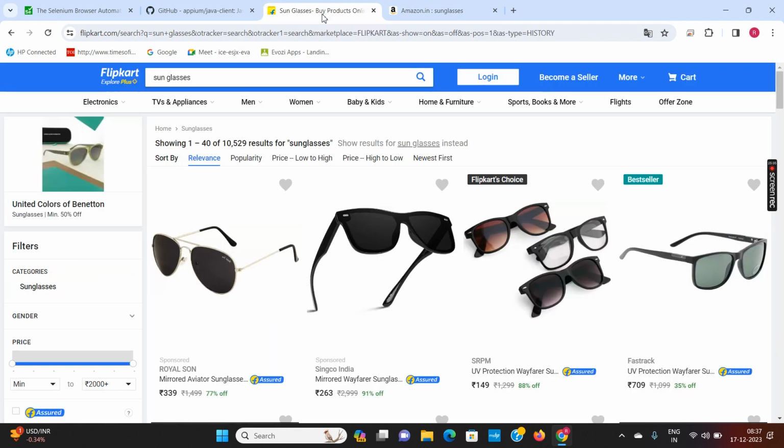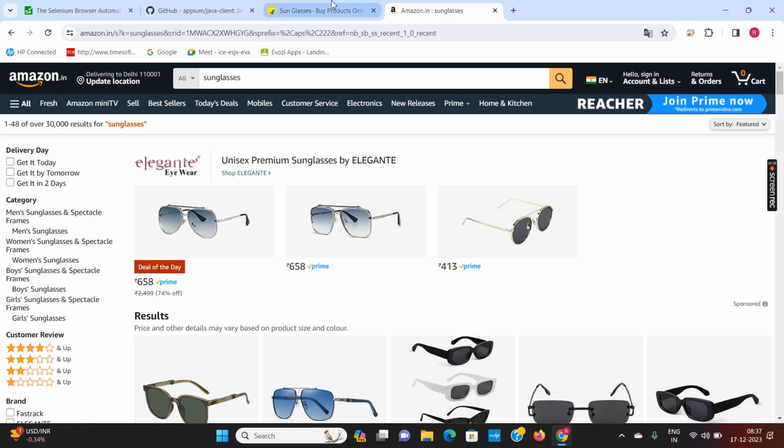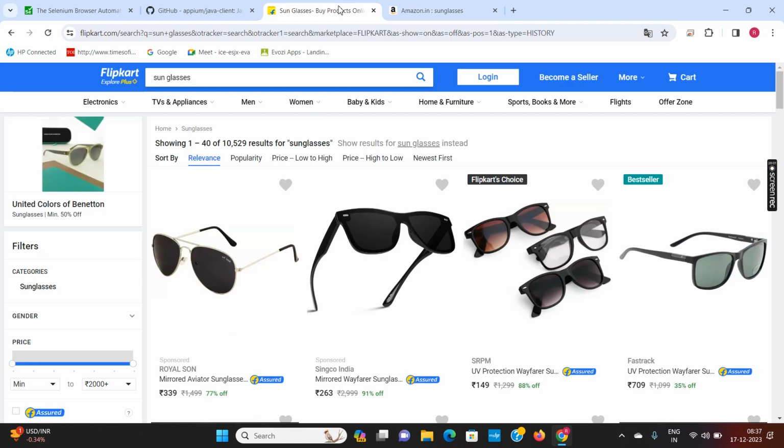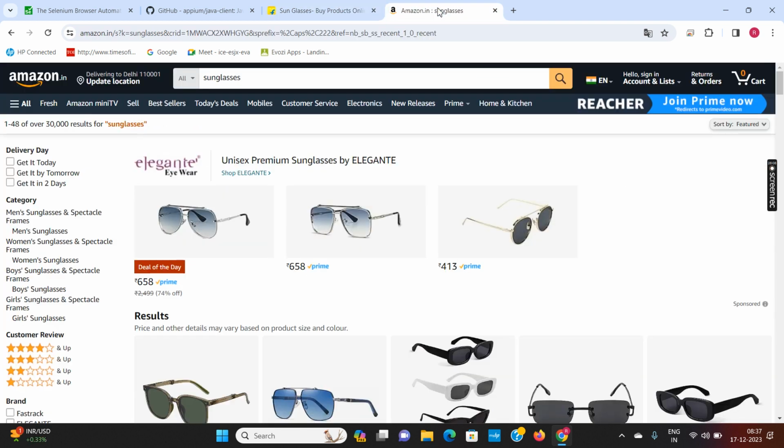So it means both the websites are having the same features. So if I want a test framework for an e-commerce site in which I want to test this particular search result, then I can write code one time and that code can be reused with Flipkart and reused with Amazon. I just have to change the data.